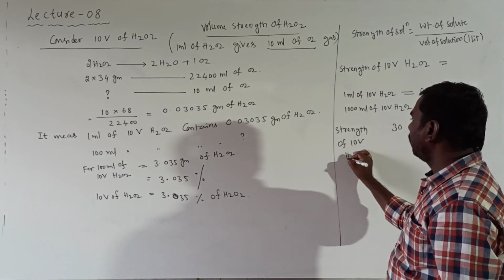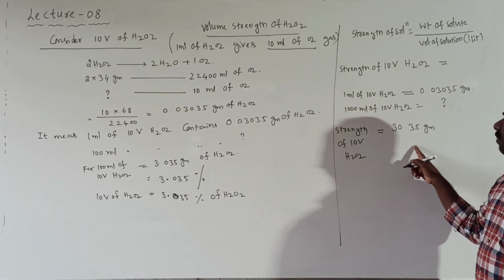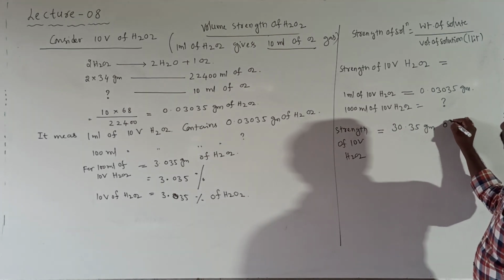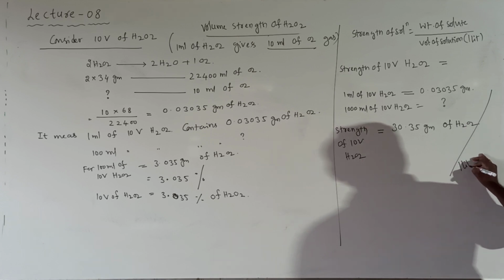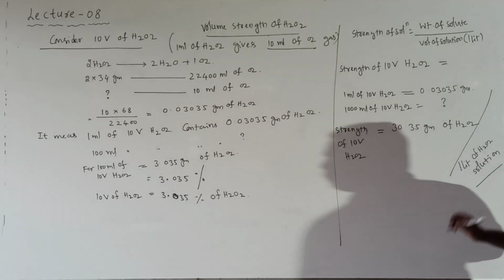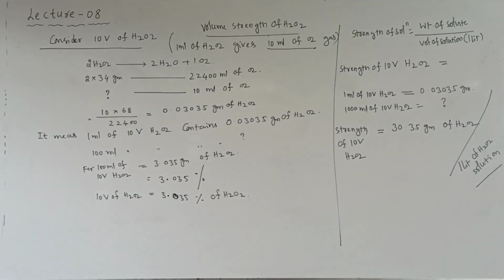10 volume H2O2 solution. What is the meaning of 30.35 grams? 30.35 grams of H2O2 is present in 1 liter of H2O2 solution. Clear our meaning? It is the strength. So I will write this in a box. Next,